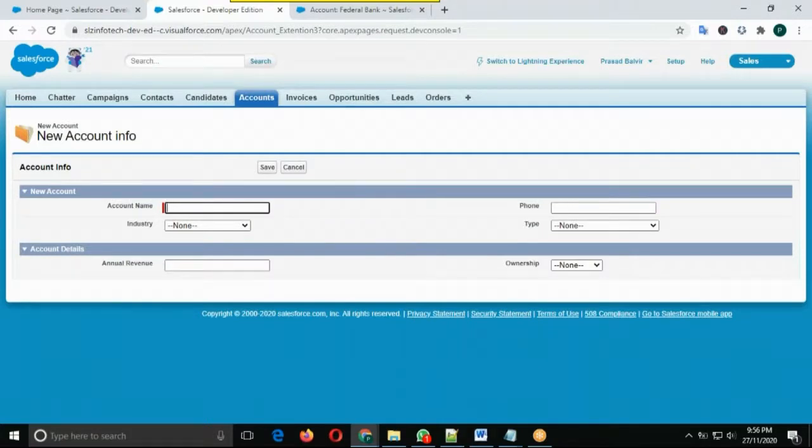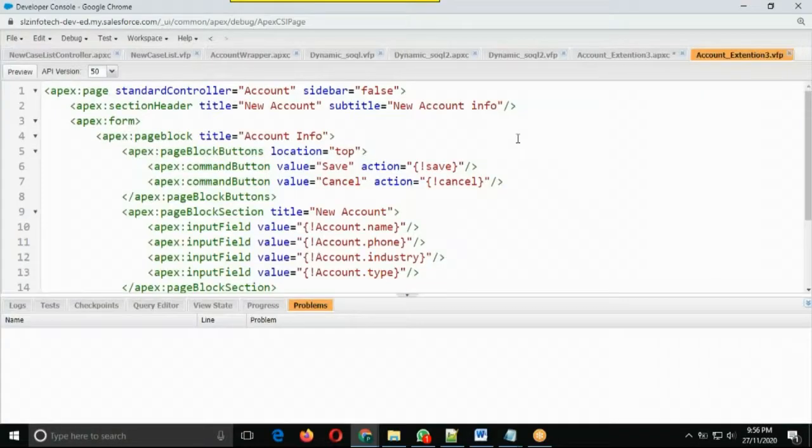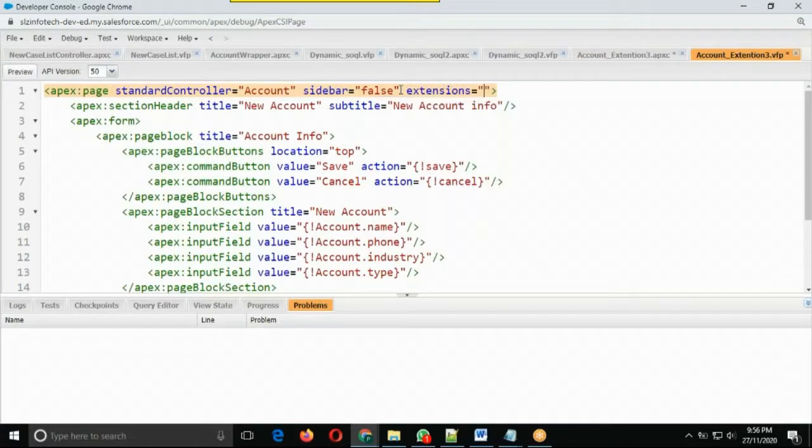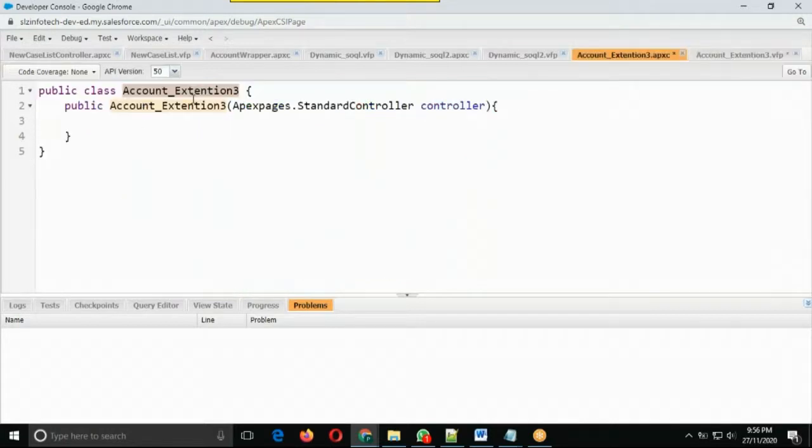We are customizing the standard features, overriding the standard features. So in that case, we use an extension. You can put the standard controller and the extension. We have not created it, so you can put the extension name, standard features.